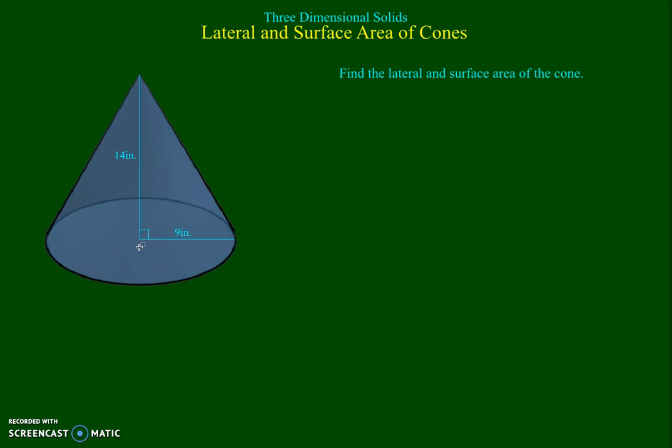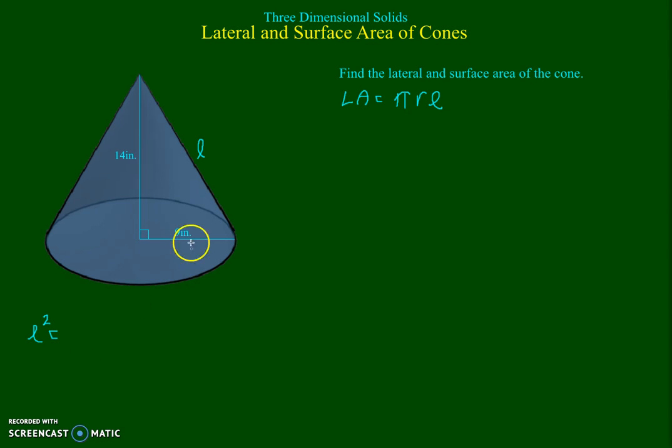Now, if you remember the formula for lateral area of a cone, the lateral area is pi r L, where L is the slant height, so we're going to need to find the slant height of this cone. This dimension here is the slant height, and let's start with our formula. Lateral area is pi r L. Now to find the slant height, that's going to be